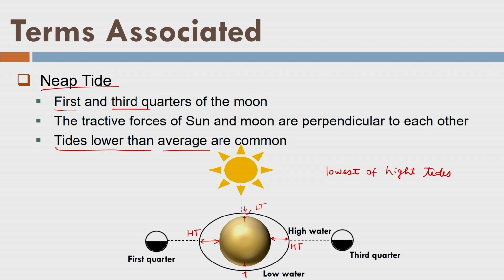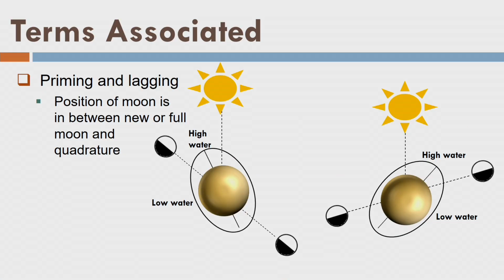Fine. Now at this stage we should also know what the frequency of the tide is at a place on the surface of the Earth. So here you can read it. The position of the moon at third and first quarter creates the neap tides. Okay, there is another phenomenon called priming and lagging. When the position of the moon is from the lowest tide towards the high tide, this is called priming, and vice versa, that is the position of the moon from the high tide to low tide is called lagging. So these are the fixed terms here.